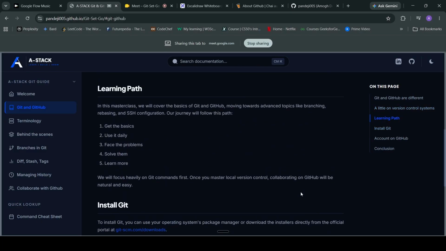How to actually become familiar with GitHub is important. In just two hours you cannot master GitHub. I will teach you all the commands required, but this is just the first step. After that you should use it daily, face the problems, solve them, and learn more, because learning anything is unending.